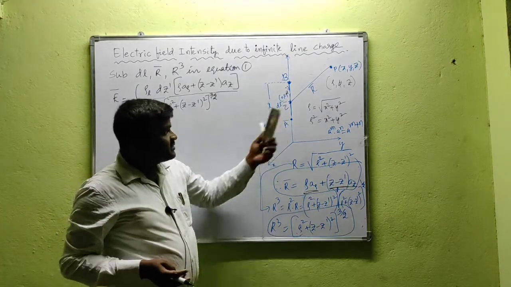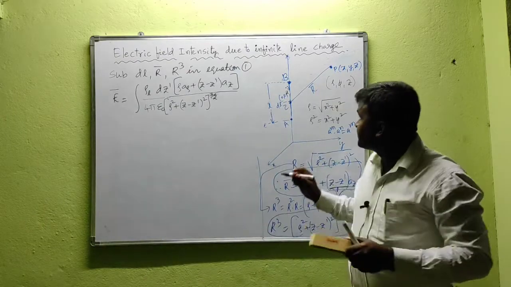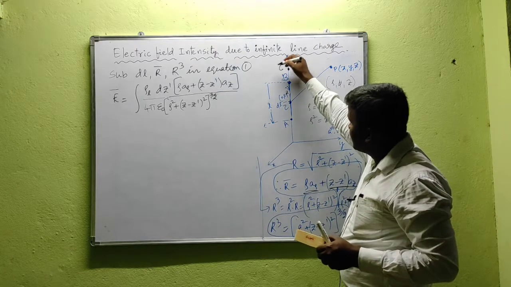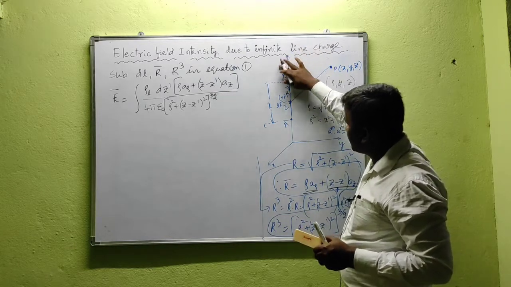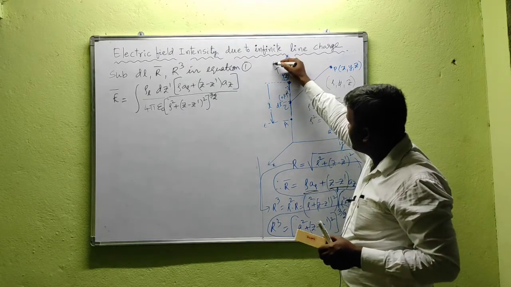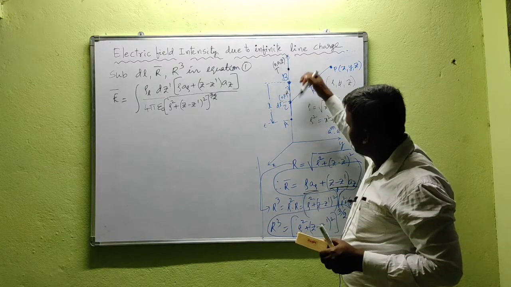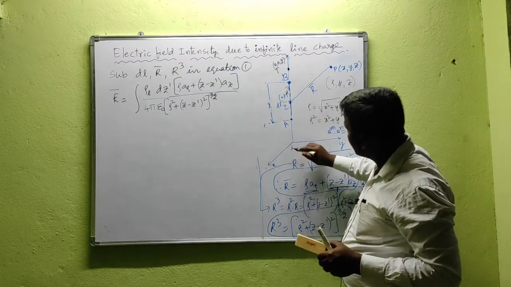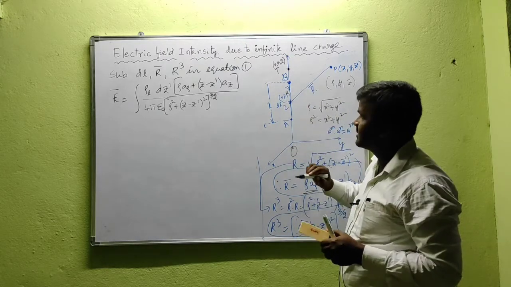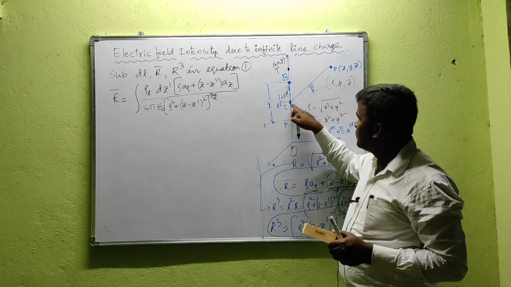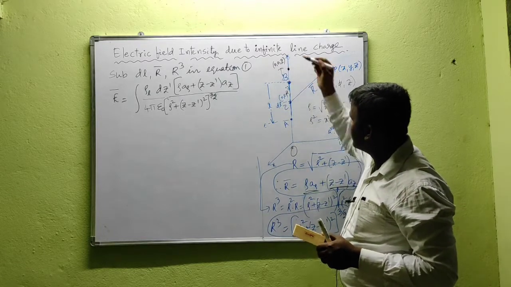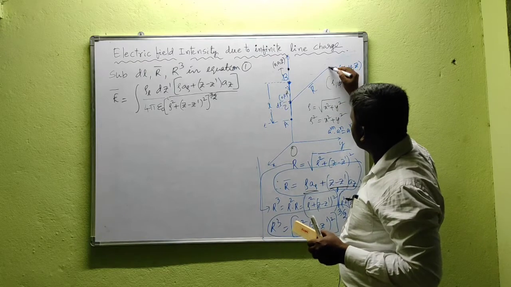If the z dash changes, that change leads to the following. Let us consider another reference point on the z axis, let us say it is C. As it changes along the z axis, take that reference point. It is not C, already it is C. Let us take this point as T. As it is along the z axis, this point is taken as 0 0 z. The distance from the origin to point T is z, and the distance from the origin to point C is z dash. Clear? And let us take this as point P.